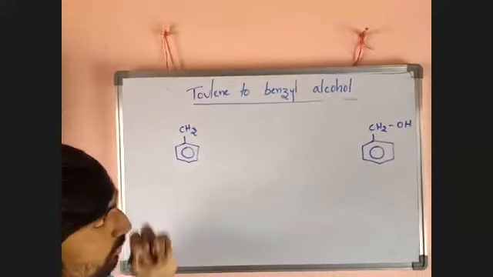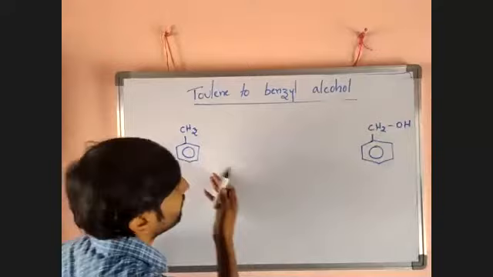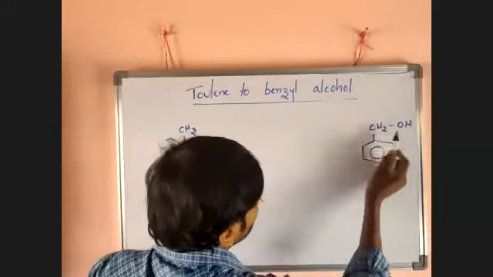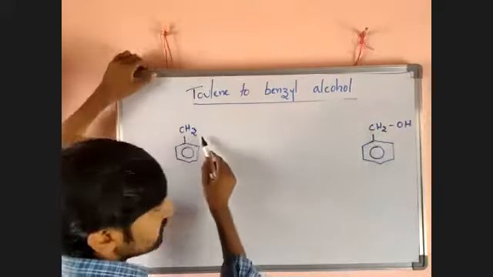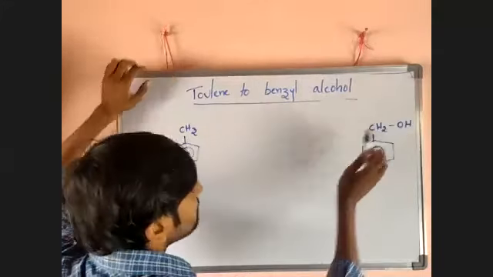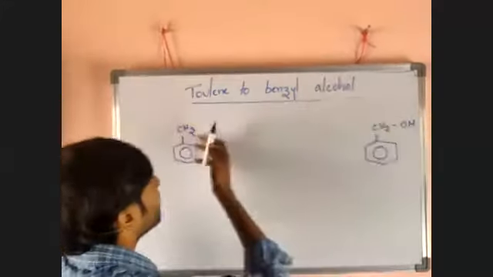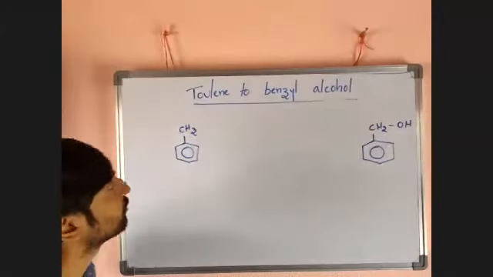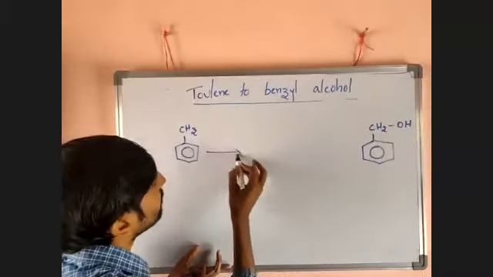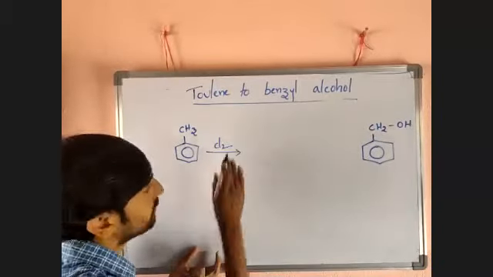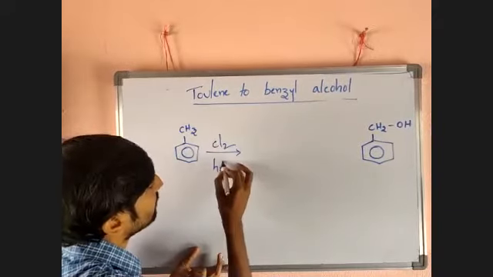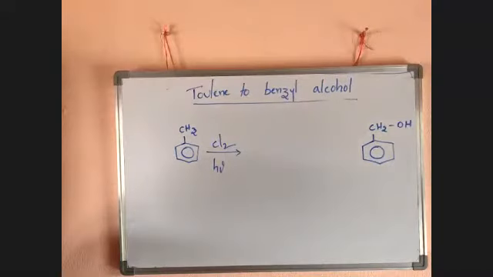Just have to look at those. What is the difference between them? It has a benzene ring, and it also has a benzene ring. Now there CH3 is there, but here CH2. Here one OH is extra; there is no OH, but one H is extra. Means the difference between these two is that you have to create OH by elimination of H. Now, just look here. If it reacts with Cl2, chlorine, in presence of sunlight. Now, where does the reaction take place?